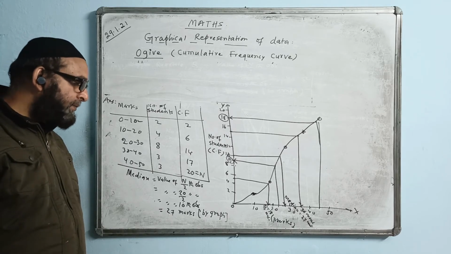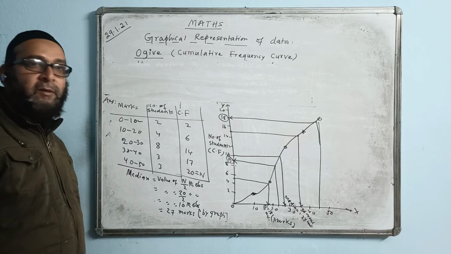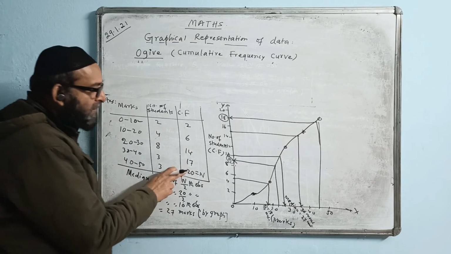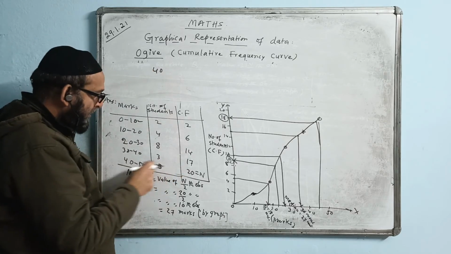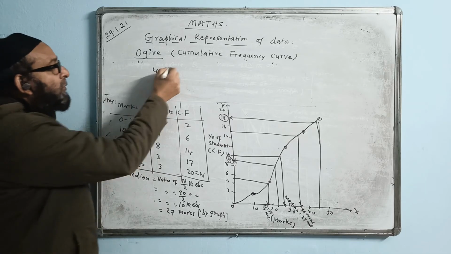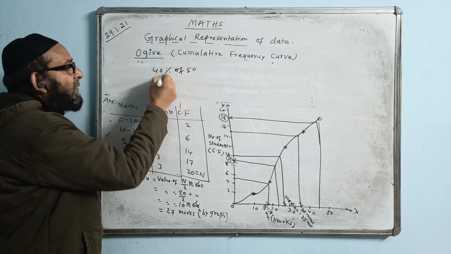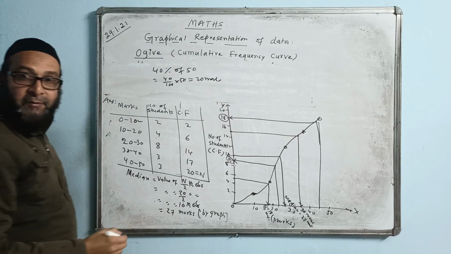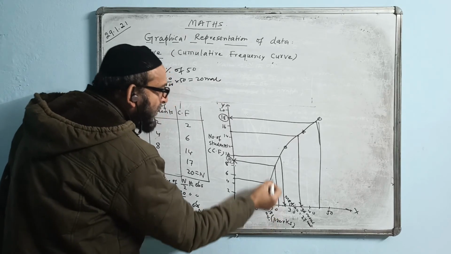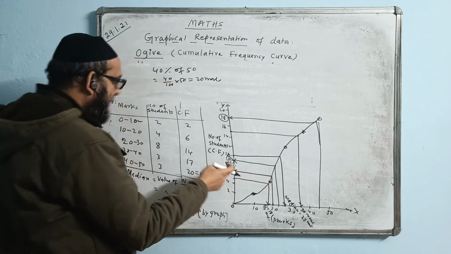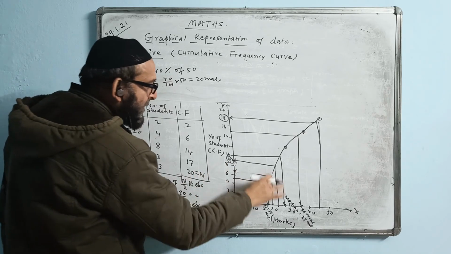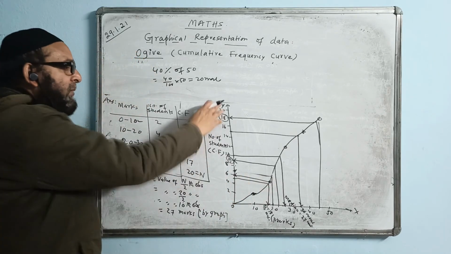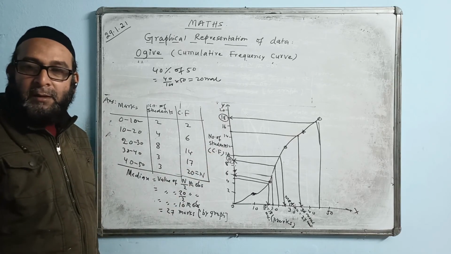If they say the pass marks is 40%, find the number of students passing. Total marks is 50 here, so we take 40% of 50. That will come 40 by 100 into 50, that is 20 marks. Where we have 20 marks, from 20 we will start and bring it here like this. Maybe coming 7, whatever it comes, say 6. That many students are failing, then how many students are passing? We can check: 20 minus 6, 14 students will be passing.